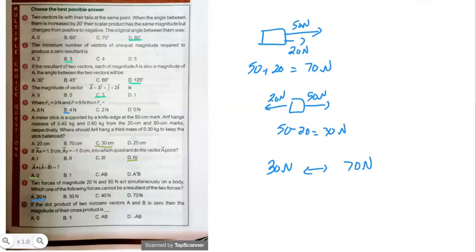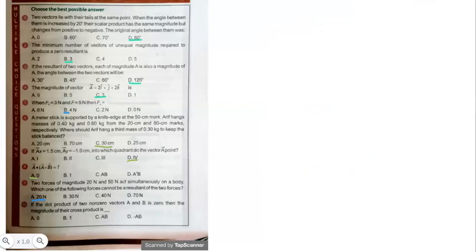this range. Question number 10: if the dot product of the two non-zero vectors A and B is 0, then the magnitude of their cross product is. अगर दो non-zero vectors हैं जिनका dot product 0 है, तो उनका cross product का जो magnitude है वो कितना होगा? Just like कोई भी एक vector है A और दूसरा vector है B, तो इनका जो dot product है